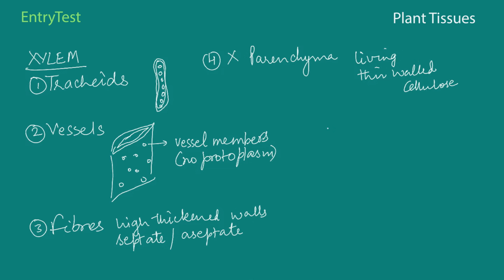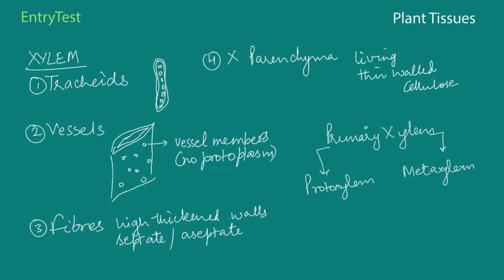So let me write it down here. One of them is known as the protoxylem, which was formed earlier, and the one that was formed later is known as the metaxylem. Now, depending on their relative positions, you can have two kinds of tissues further. If the protoxylem is towards the center and the metaxylem is on the outer side, this is the case that is present in stems.